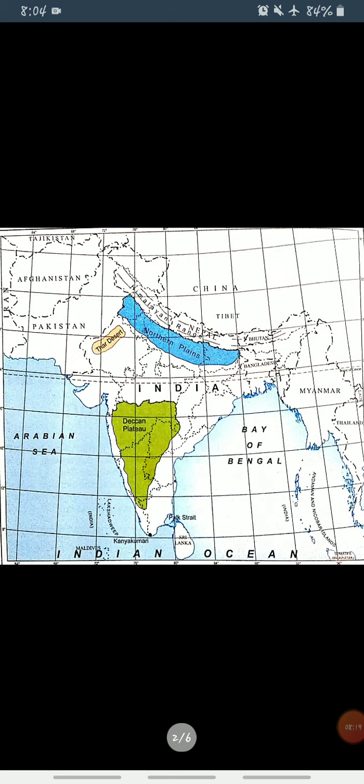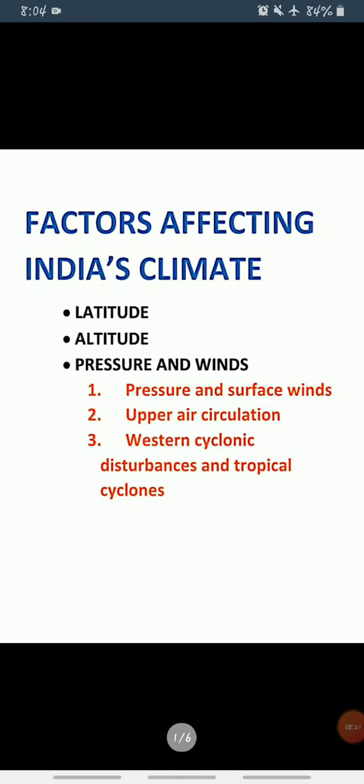We already discussed how these factors affect the climate of India. These were the factors which we discussed, like latitude, altitude, pressure, winds, and these are the parts of some pressure and winds also. Okay, so now this topic is completed, and in the next topic we will discuss